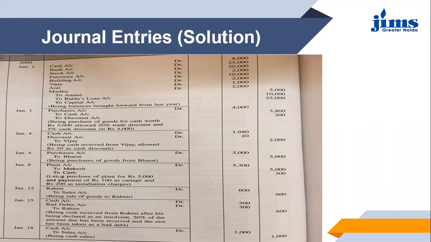So we have not prepared the purchase account. We already have the cash account. We'll post the entry in the cash account, but there are new accounts, purchase and discount, that we have not prepared up to now. So we will prepare purchase account and discount account for this particular entry. So purchase is debited, cash and discount is credited.